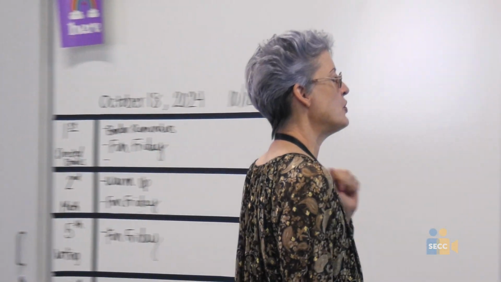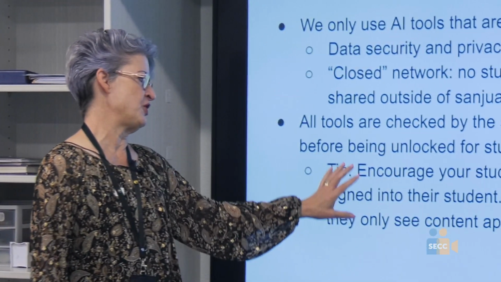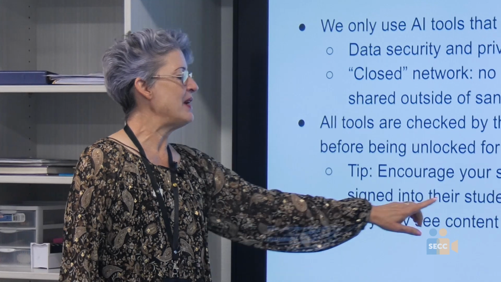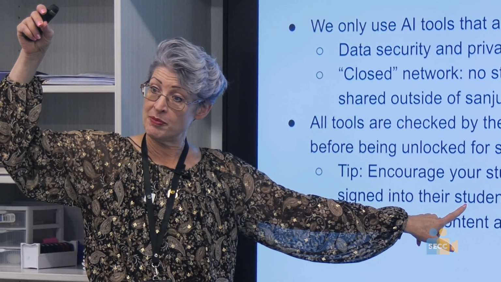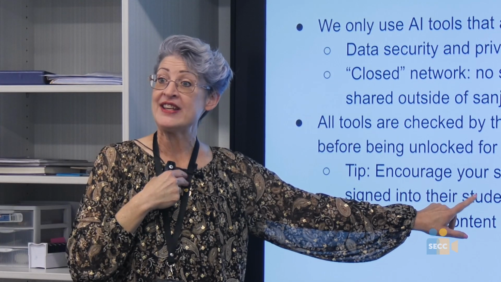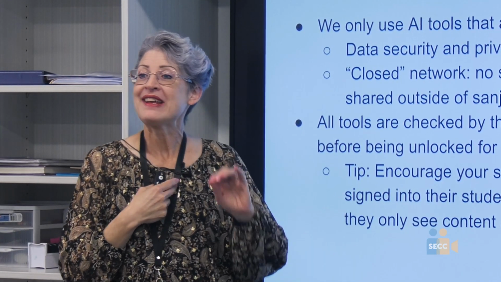So if you know your students want to use artificial intelligence tools, I would recommend that you always make sure they are signed into Chrome browser on their Chromebook with their San Juan email, which will only allow them access to tools they're supposed to have access to, and it will not allow them access to ChatGPT. Now, I will say right now, they're going to be disappointed because unless they are in the pilot for the 2 student tools, that means they have access to none. But right now, that would be safer than going to ChatGPT.